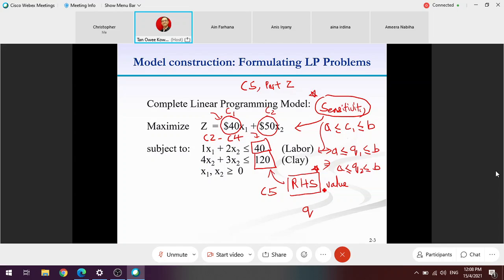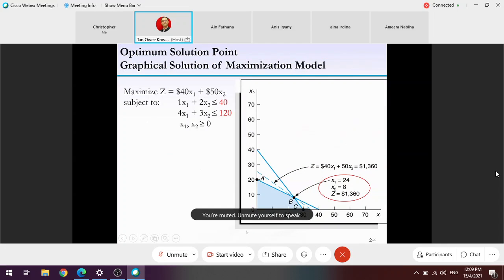The one that we are still not able to answer now is that sensitivity range for objective function is to identify or define a range where, when the coefficients change, the optimal solution remains unchanged. But what is the purpose of this range for sensitivity range for right-hand side value? I'm going to explain to you earlier.